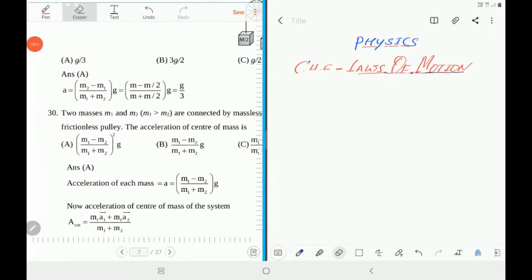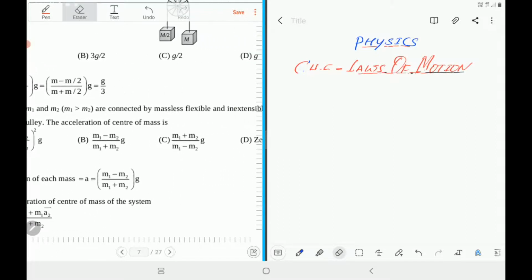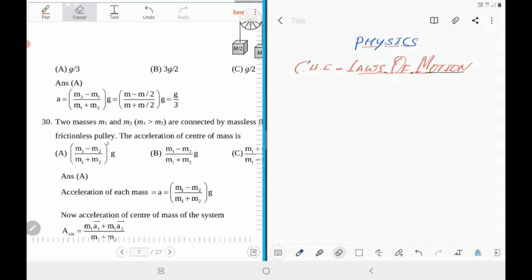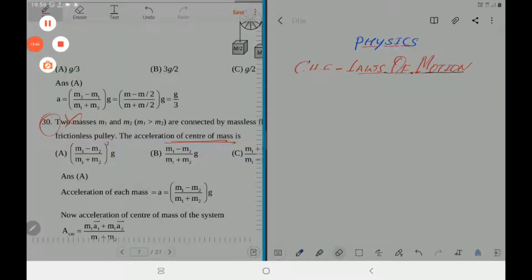And problem number 30 is also almost the same approach, but one extra term is there, that is center of mass. Center of mass we will discuss in our rotational mechanics chapter, then I'll solve this. You keep it for a while, right? As it is. We will come to this problem later on, students.